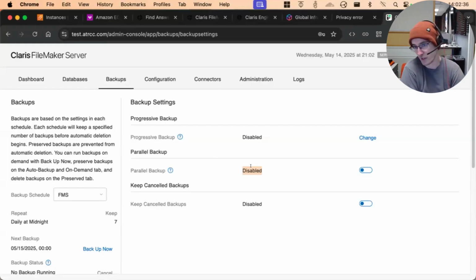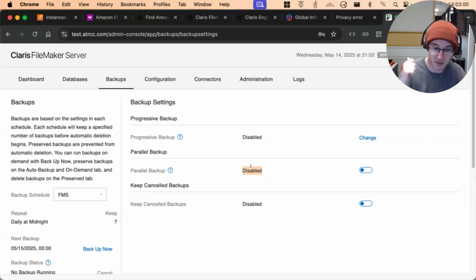But if you have 25 databases as part of a multi-file solution, for example, it may be that writing file 1, file 2, file 3, which it does in order during the backup, may not be fast enough. You may not be able to get your hard drive going fast enough to get the backup written out in a reasonable time period. You can turn on parallel backups. It'll help you with that. It does what it sounds like. It tries to write multiple files simultaneously.